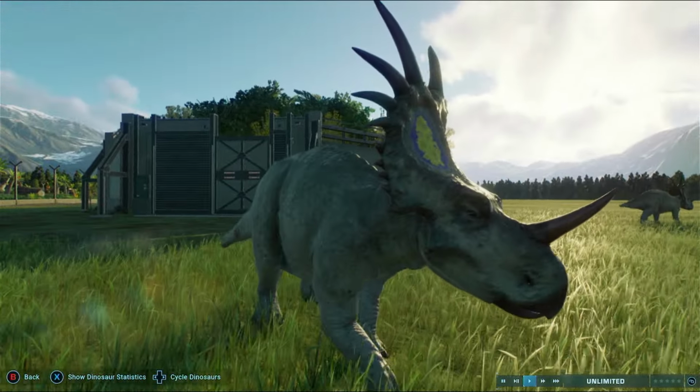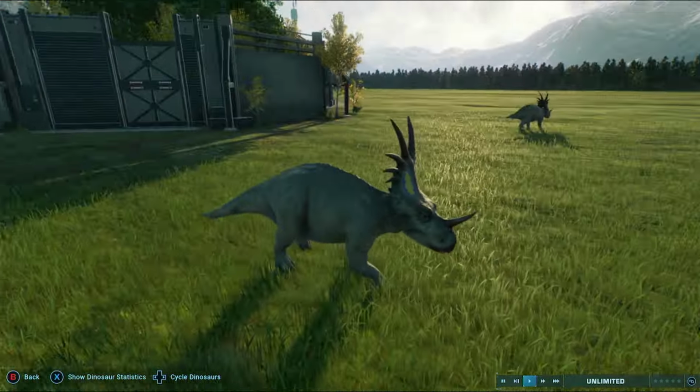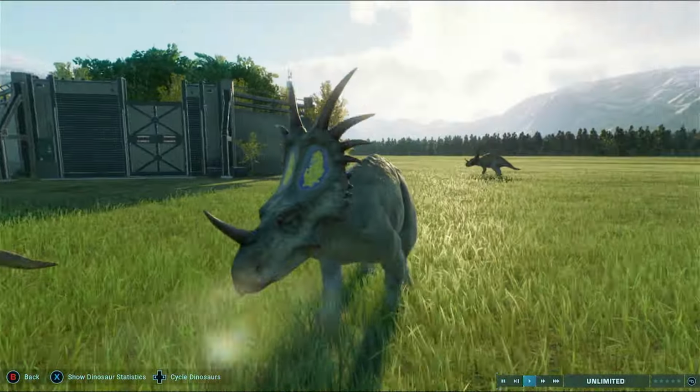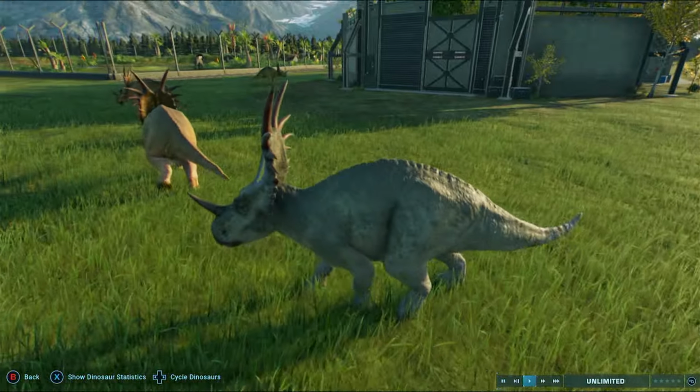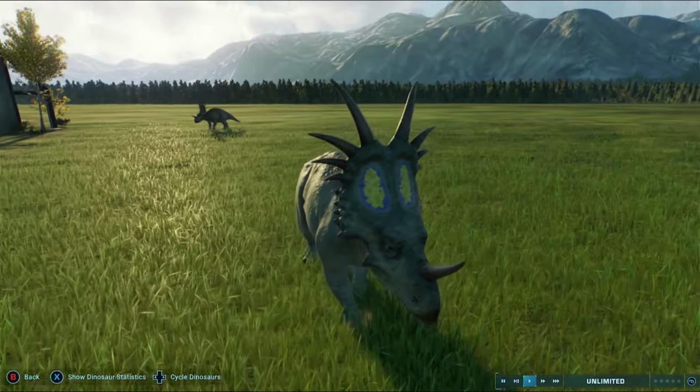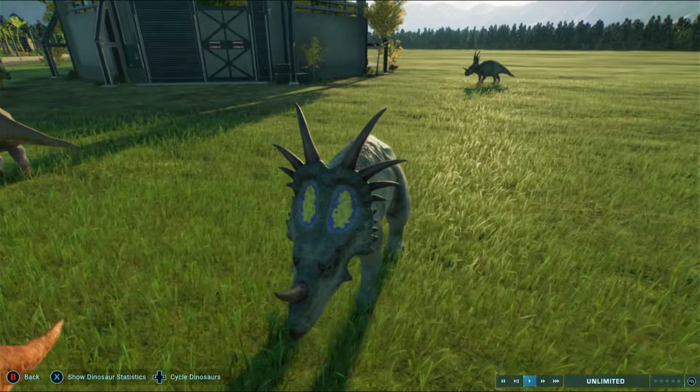The feet are actually a lot closer. I mean, I don't think they're quite there. It's hard for me to see from this angle, but I think that they're a lot closer. I just think this looks really cool. Of course, you get to give it different colors. I just chose random colors for the...